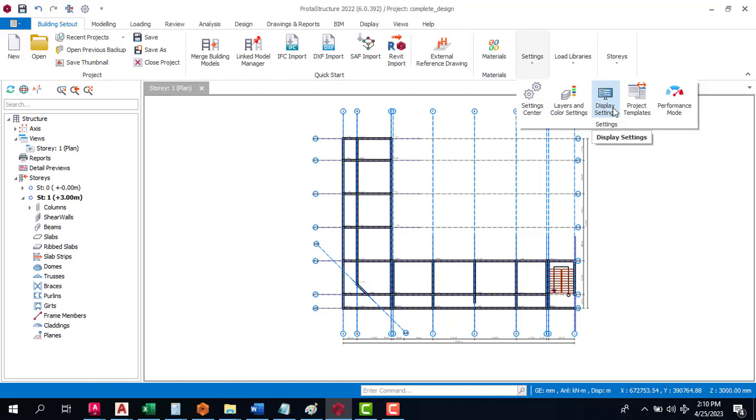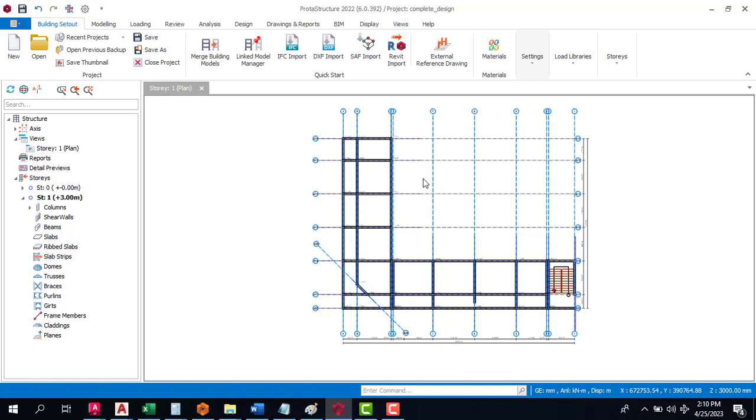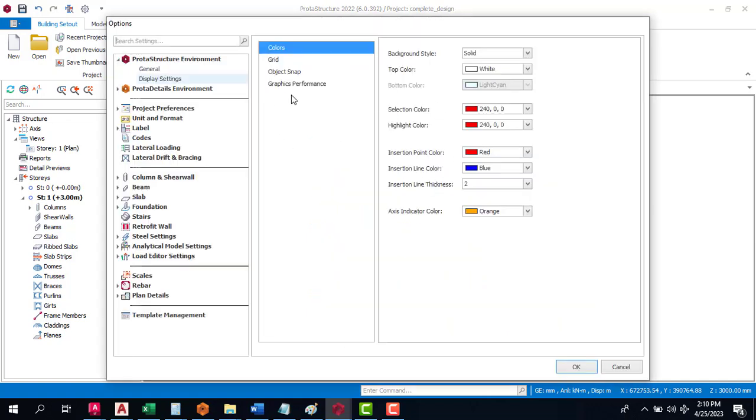If you are very much familiar with the AutoCAD environment, it's the same way. So you have a project template, you have performance mode, display setting. Also here you can see where we call the visual interrogation. The visual interrogation helps you in knowing